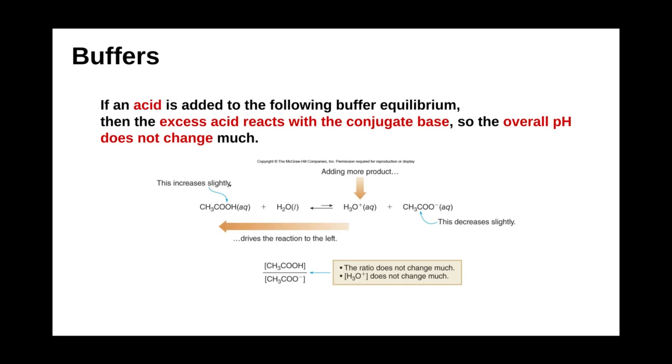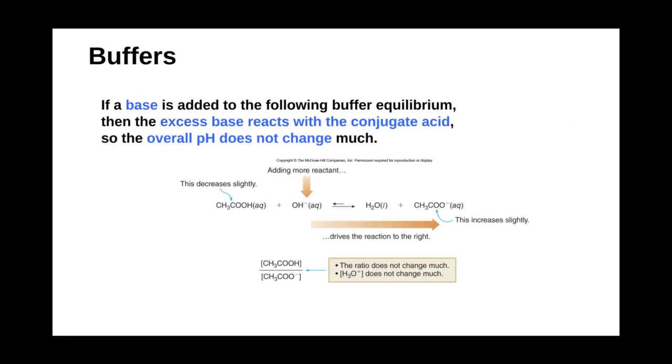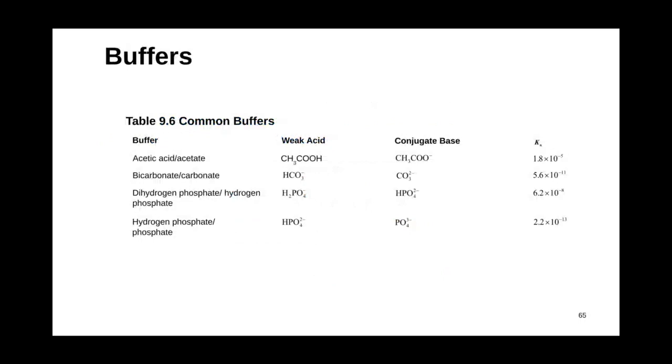Now, if we increase the concentration of our friend acetic acid, acetic acid is reacting with water in this case, producing hydronium and CH3COO, the conjugate base, with hydronium as the conjugate acid. If we add more of this, it will drive the reaction one way or the other. So buffers minimize how much we're physically changing, which is kind of nice. And the same thing for the base. I'm just going to skip over that.